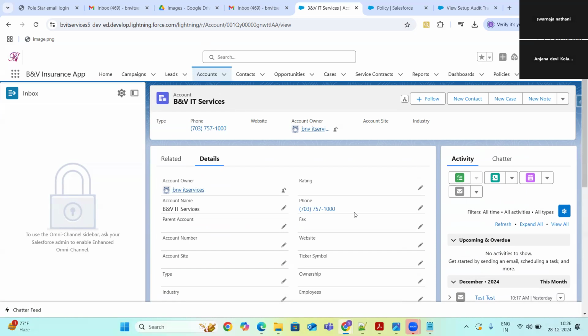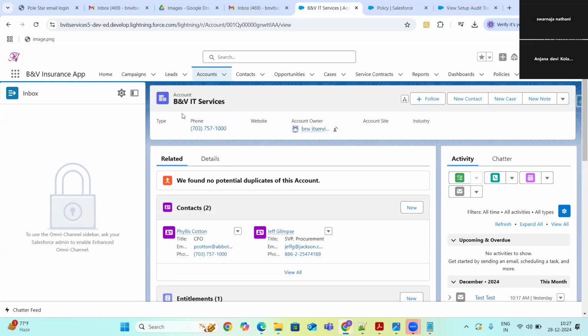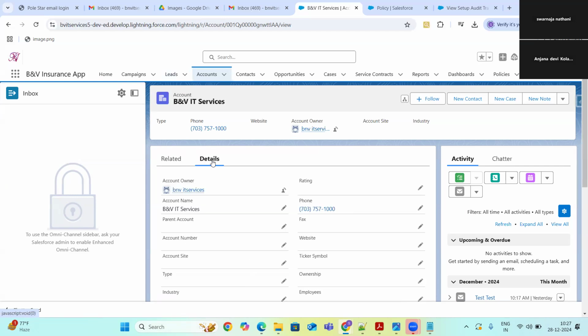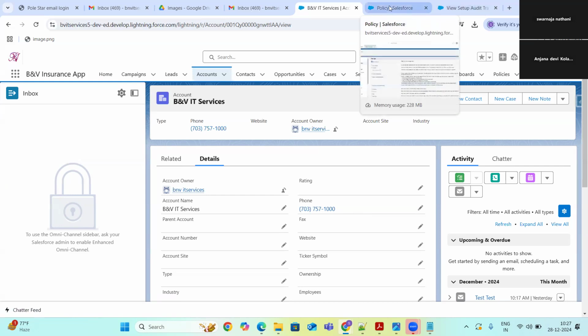That is, if you want to aggregate the information from your child related items into its parent. Account is the parent and all these objects are the child objects, right? In case of parent child, if you want to see the child records summation on the parent record, that is what they are telling here.